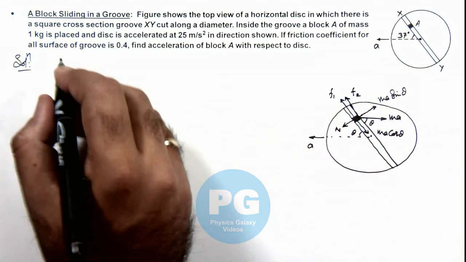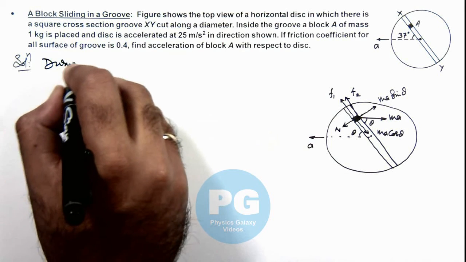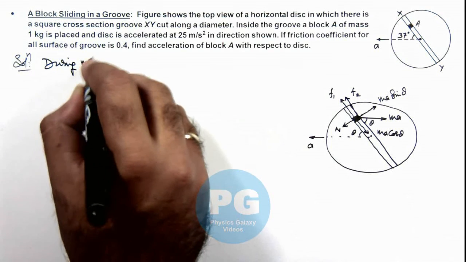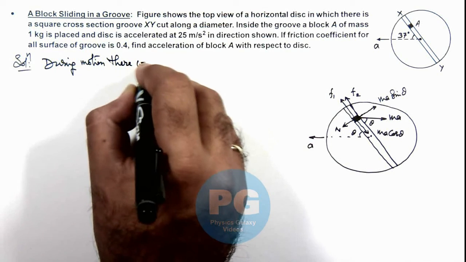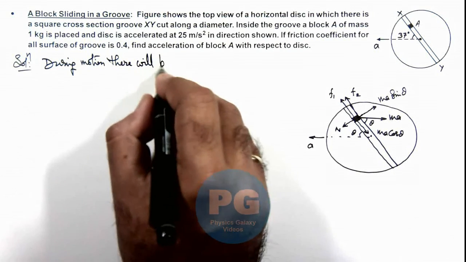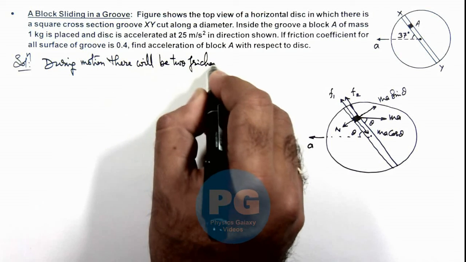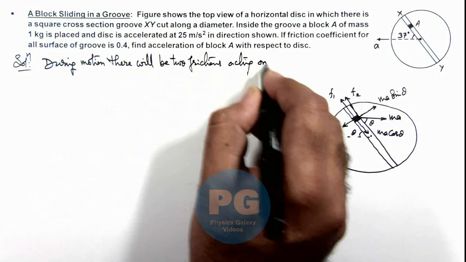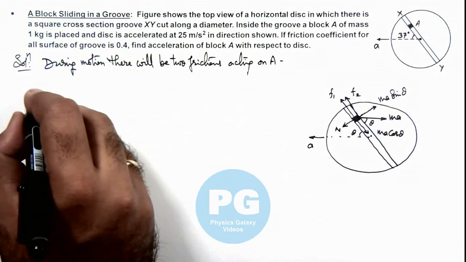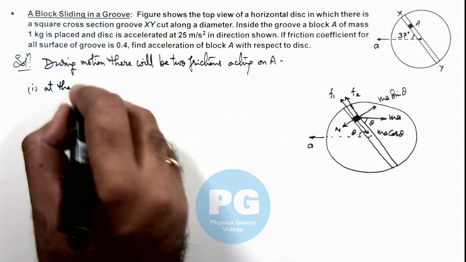So here we can say during motion there will be two frictions acting on A. First would be at the base of the groove,